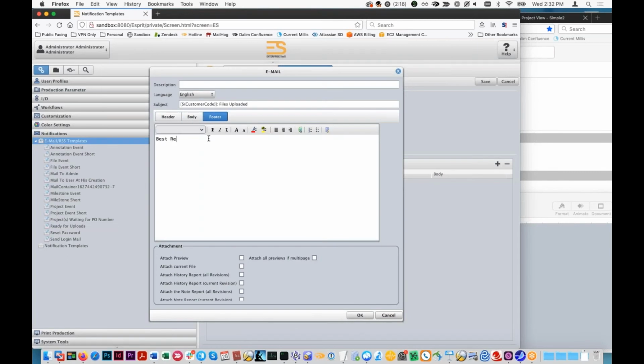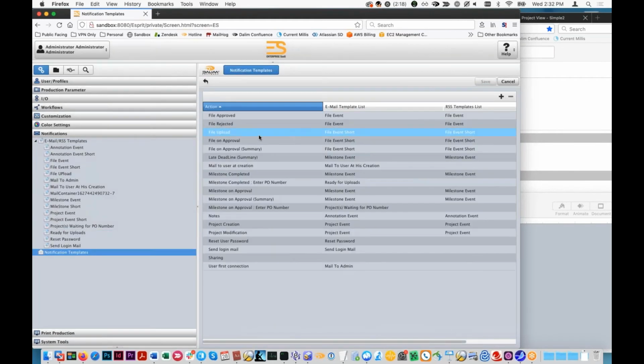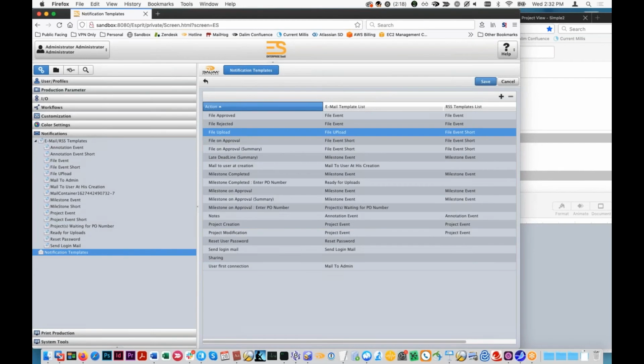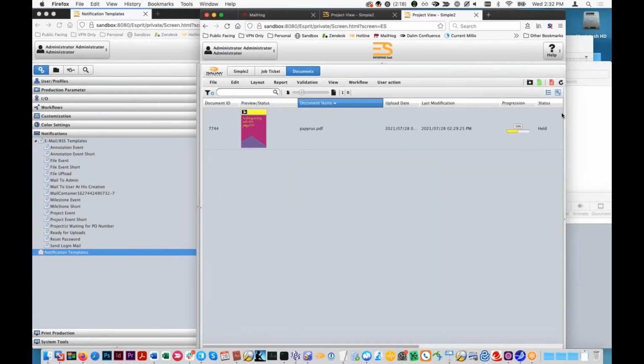And then put a sign off at the end of that mail. I think I need to, yep, that is English. So if I were to go in here, I could change the event notification setup for file upload to use that template instead. Now if I were to go over here and upload another file,